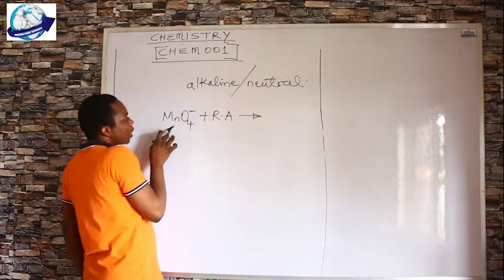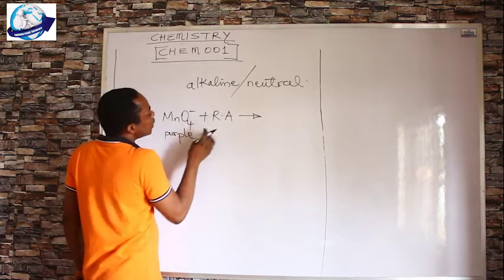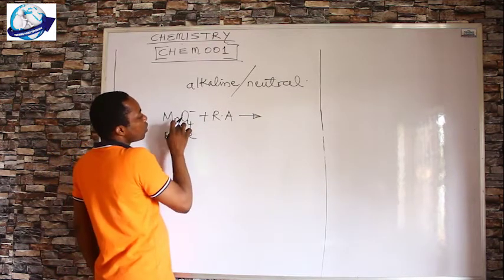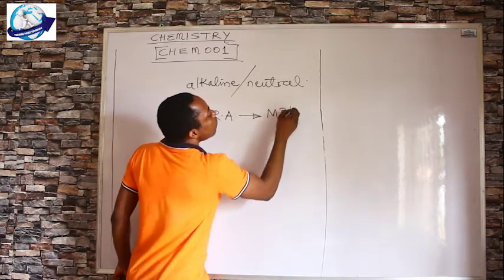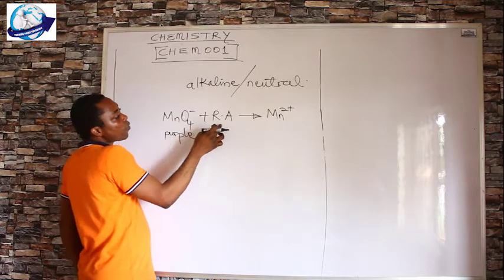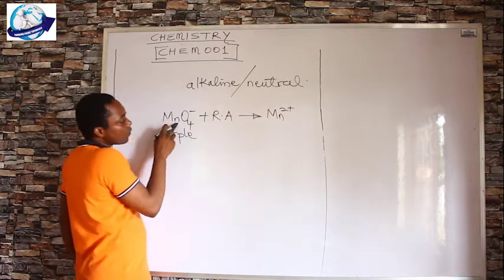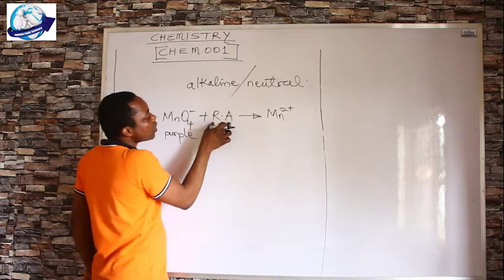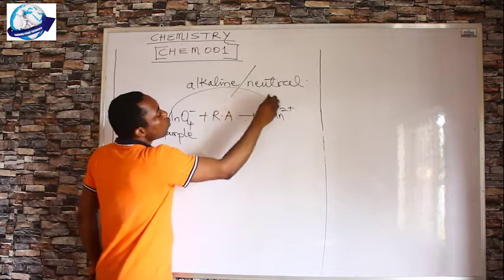You know quite well that MnO4 ion is purple in color. At the end of the day, something happens to MnO4. The MnO4 is being reduced by the reducing agent. The MnO4 itself is the oxidizing agent, but the reducing agent takes away the oxygen and then it's reduced to